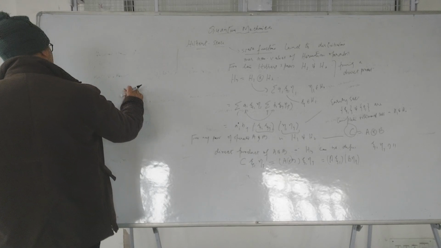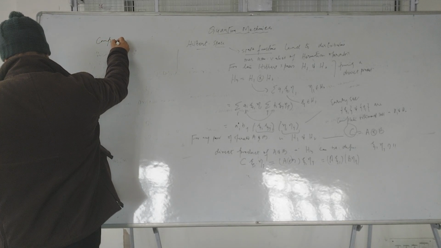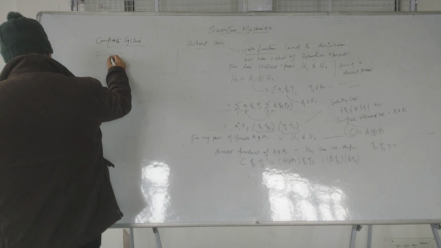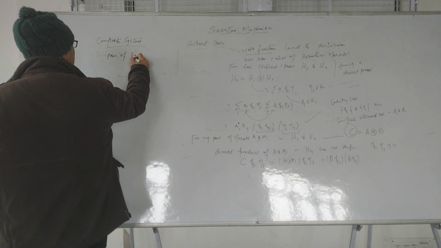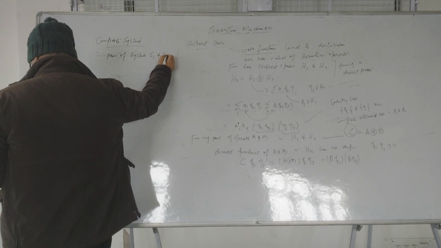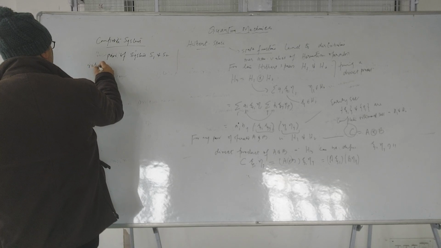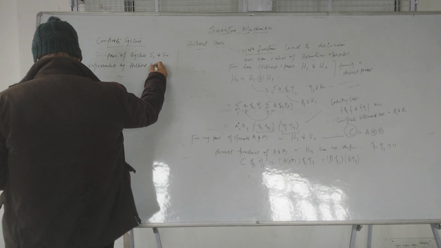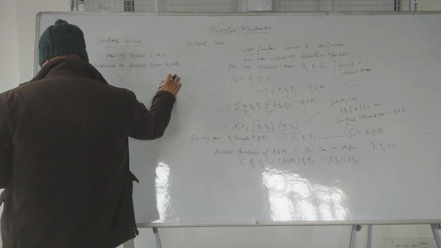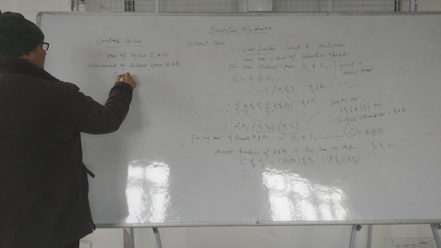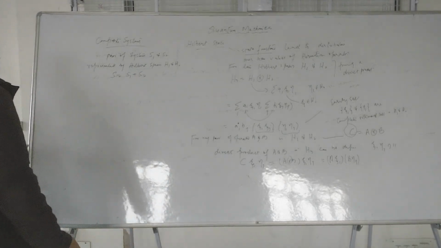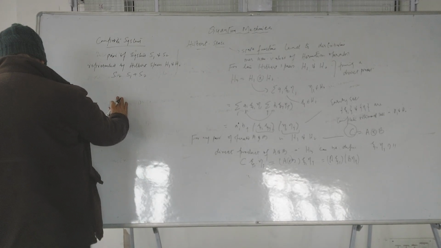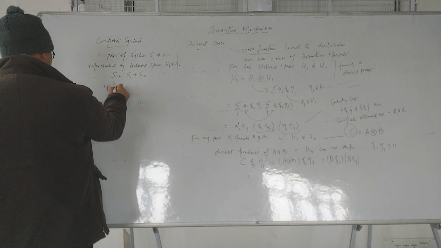Such that again, for composite systems, if you have a pair of systems S1 and S2, which are represented by Hilbert spaces H1 and H2, then the composite system S is equal to S1 plus S2, such that the state psi of S can be written as